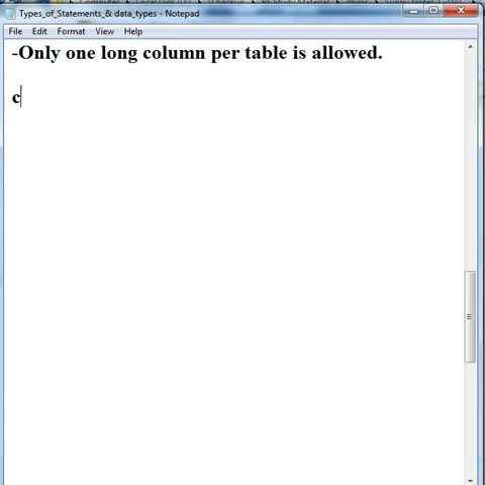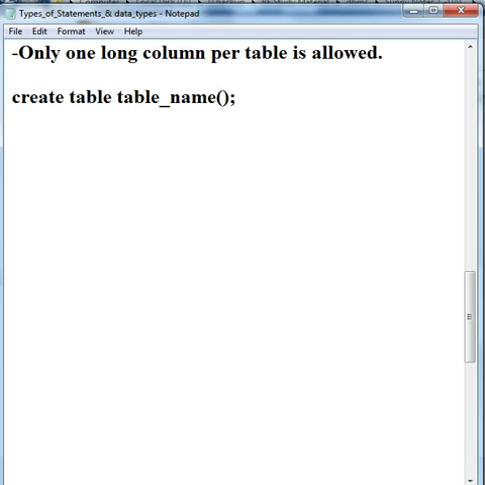The syntax is: create table, then the table name, whatever name we want to give, and we enclose the definition with opening and closing brackets, ending with a semicolon.